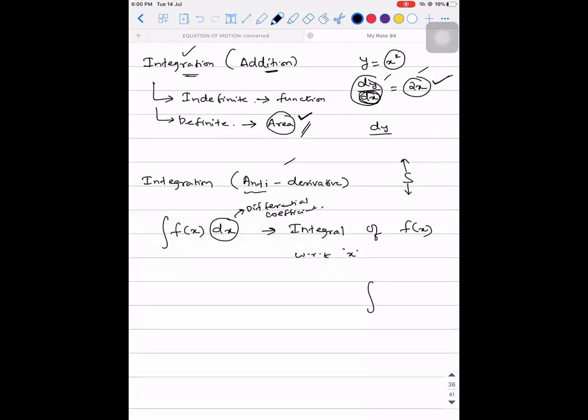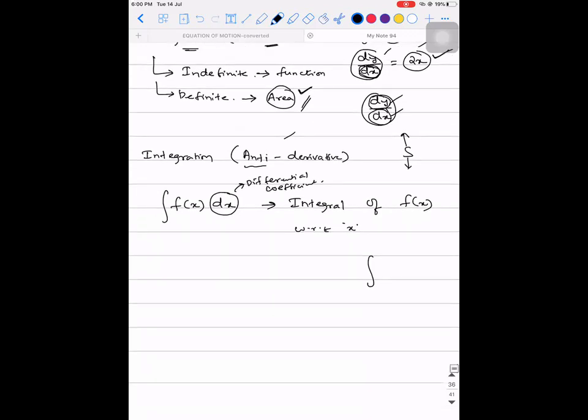If I write dy by dx, then it is differentiation with respect to x. That is how I told you. Whenever you are writing dy by dx, the denominator tells you with respect to what you are going to differentiate. I told you the difference in the previous class also. In a similar way, for integral, the function gets multiplied with dx. That's what we call integral of f of x with respect to x. Whatever work dx is doing here, the same work dx is doing here also. It tells you with respect to which variable you are supposed to integrate.